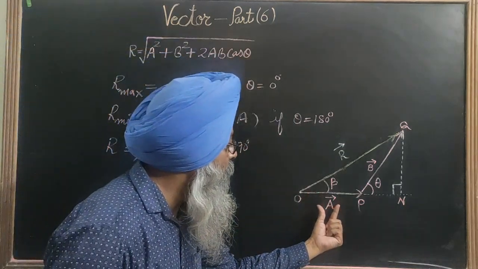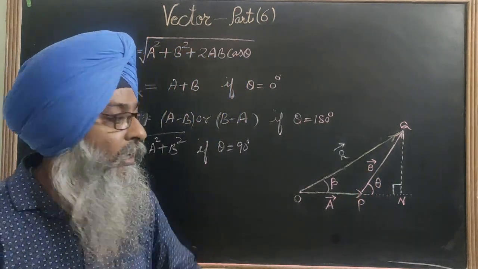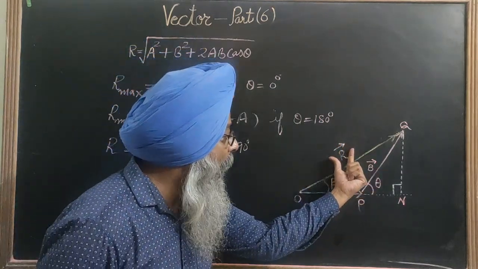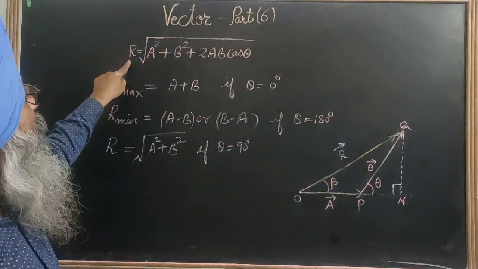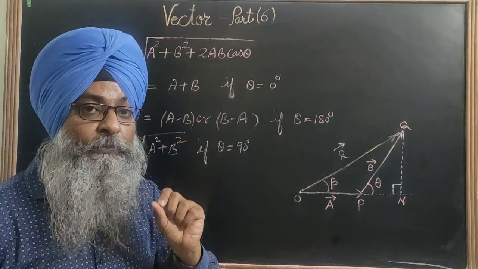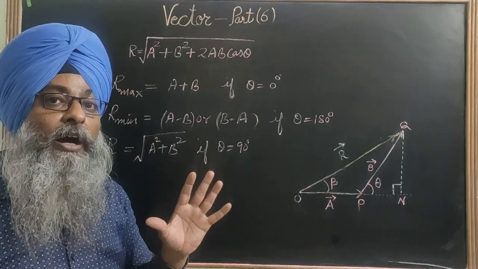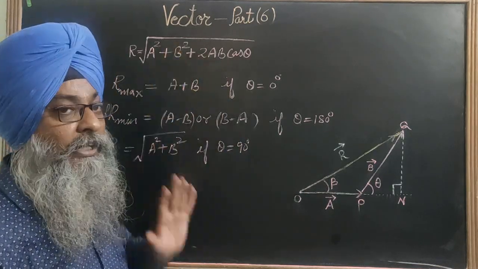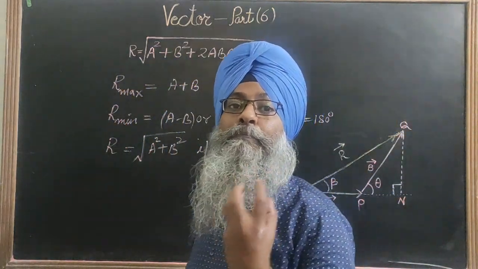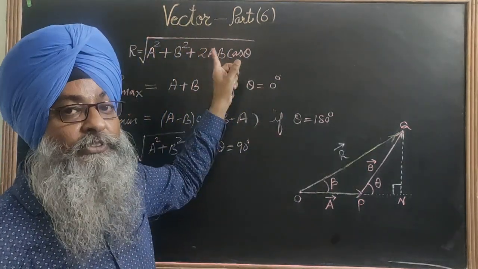These are the two vectors A and B which are added with the help of the triangle law, and the R vector is the resultant of these two vectors. The magnitude of the resultant is given by the square root of A square plus B square plus 2AB cos theta. Now please always keep in mind, हर बार अपने माइंड में इसको याद रखना है, because this is the main important formula to calculate the magnitude of the resultant. In the numerical problems, we will use this formula.